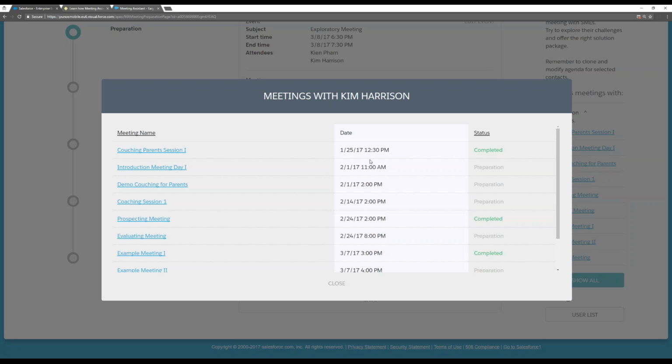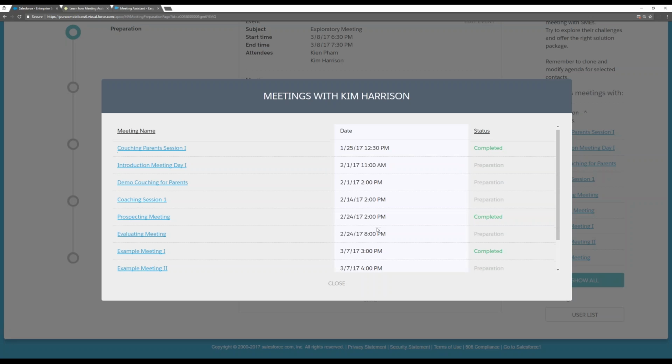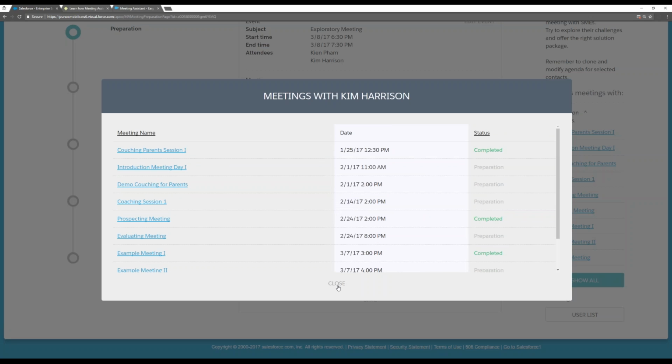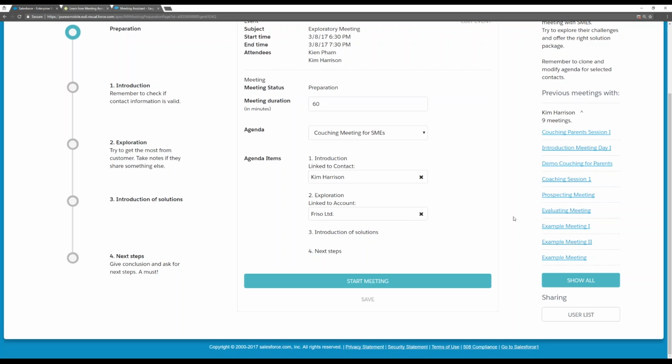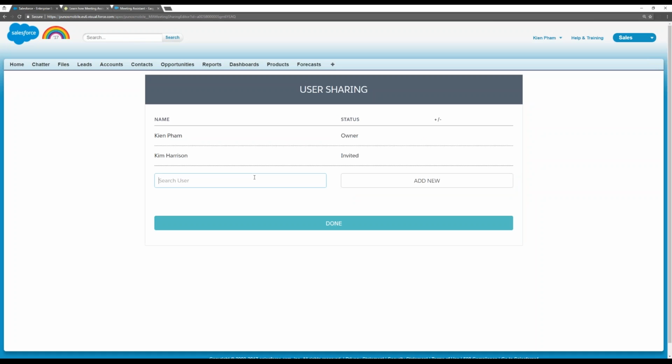Another trick I want to show you before we start collecting the notes is that if you want to, let's say, add another person from your company, let's say your colleagues, and you want to share this conversation or share this meeting minutes at the end with your employee, you can click on the user list and share with them. Let's say I want to add Tom Mason. He's one of my colleagues. I want to add him here as a resource so that I can easily assign a task or an activity